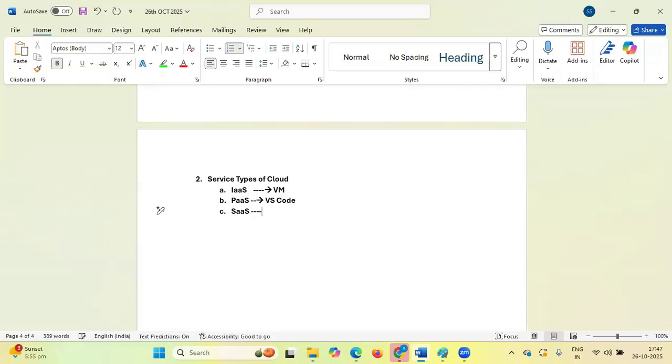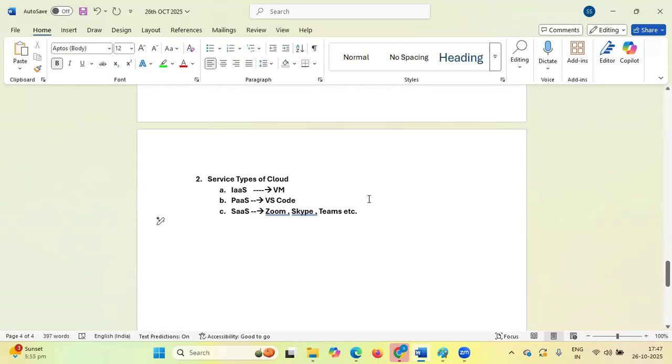Right now, we are using Zoom, Skype, Teams, etc. So these are the service types of cloud. Infrastructure as a Service is also known as the gateway of cloud computing. Okay, guys.